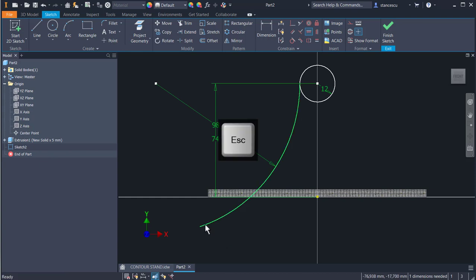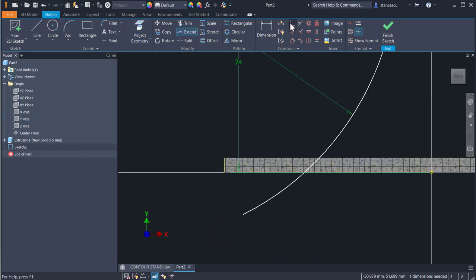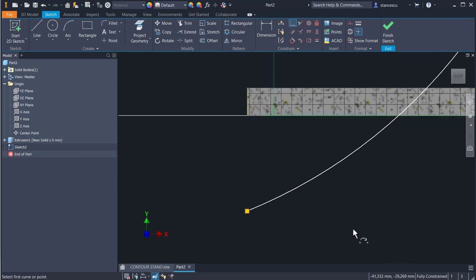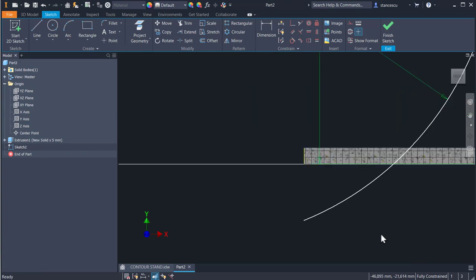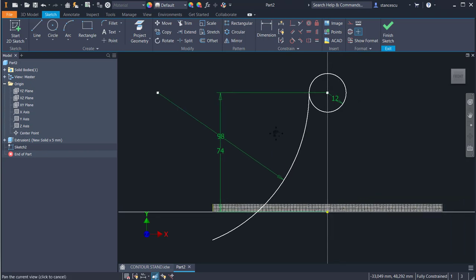This end is not dimensioned, yes, but I project this end and I place the end point coincident with the projection. Yes, and now it is fully constrained. I like to have fully constrained here, and in a position that when you change dimensions to remain okay, the construction. Yes,